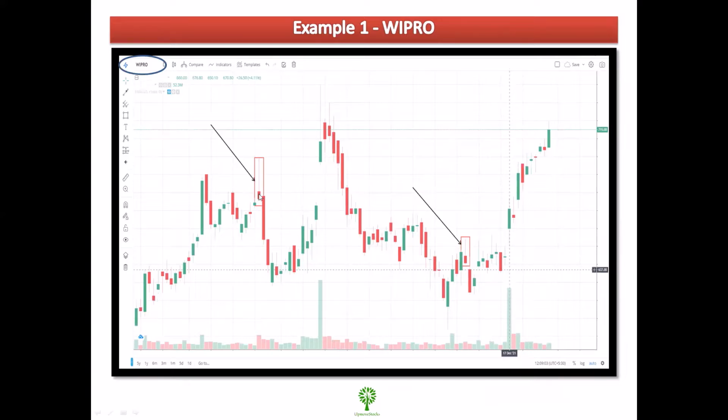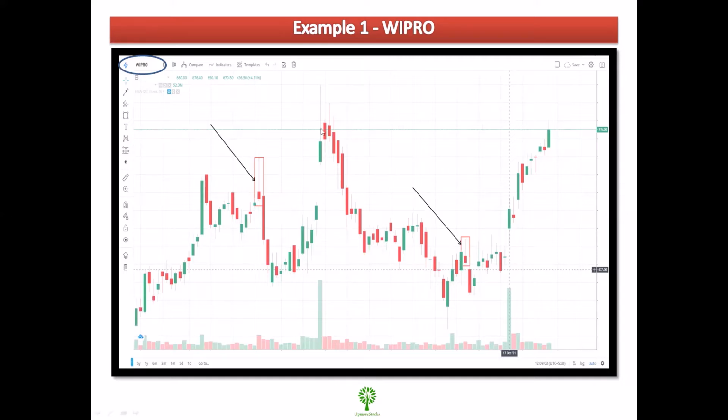It is quite clear that the size of the wick is more than twice the size of the real body of the candle. It is a red candle. You can also see here it is a red candle and the size of the wick is 2 times the size of the real body of the candle. And you can see how the reversal has taken place from the uptrend to a downtrend. Here also it was in an uptrend and for a short period of time it did fall down. However, it did reverse later on, but yes, it did work in the given case.